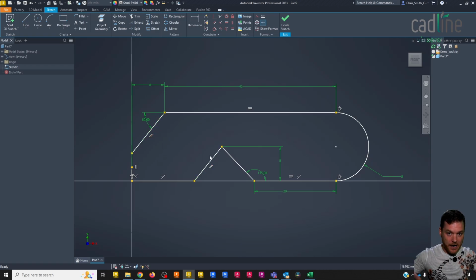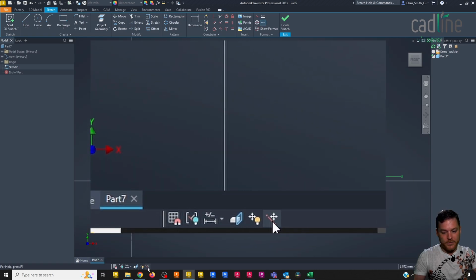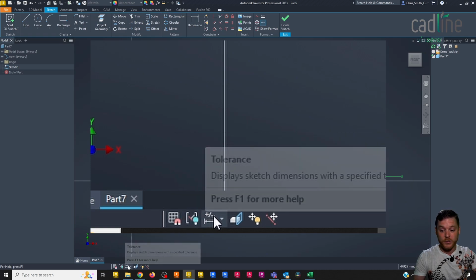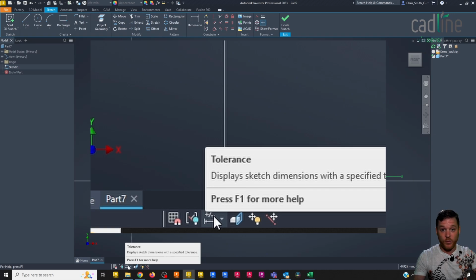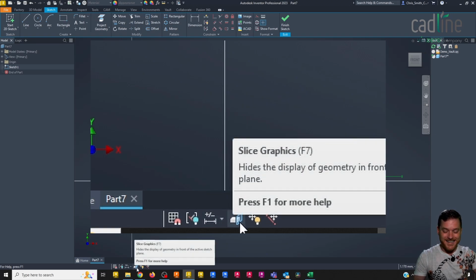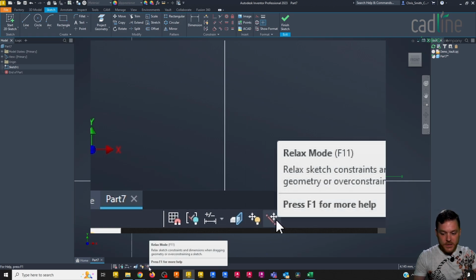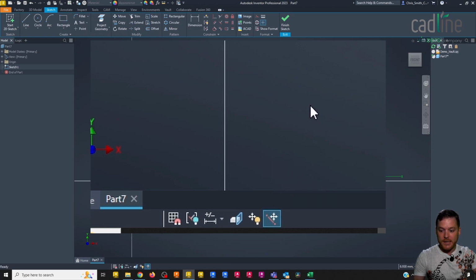However, as you are adding dimensions, all of a sudden it just locks up and there's nothing you can do to change that. What we can do is we can delete these constraints, or the tip that I'd like to show you here is down at the bottom here. We have some sketch tools, and people tend not to use these very often. So we've got our grid snap. We can hide or show all constraints. We can change how we view our tolerances. We can slice graphic. You can turn on degrees of freedom to show if any points can still move. But for this one, I just wanted to show you this, relax mode. So selecting relax mode,